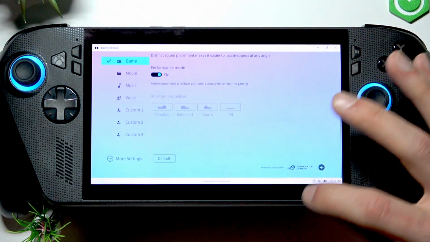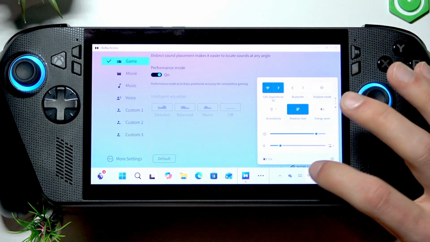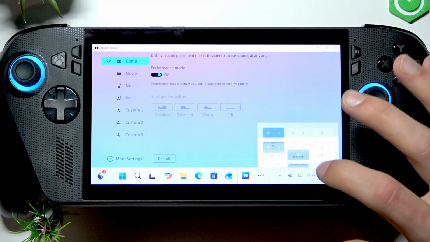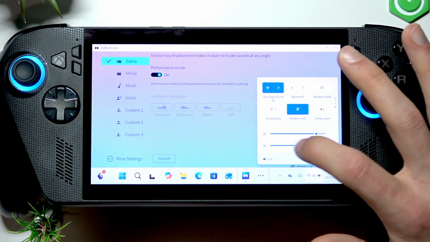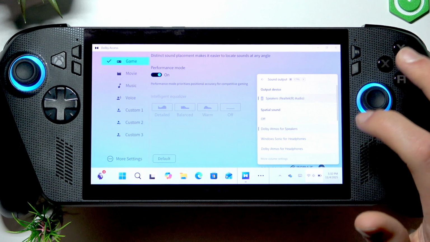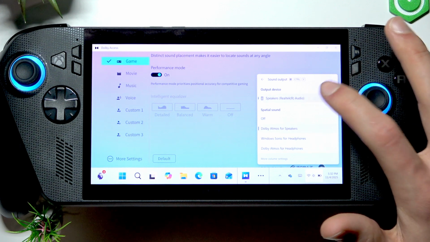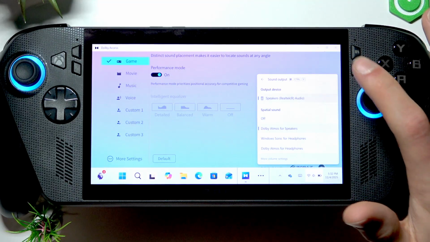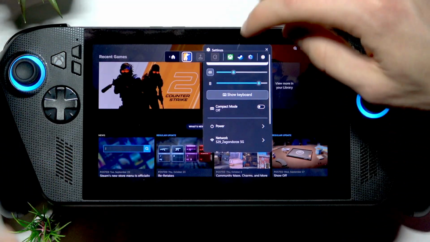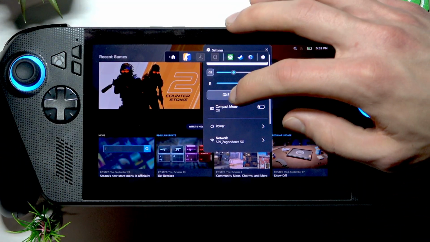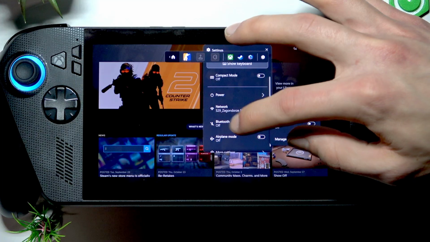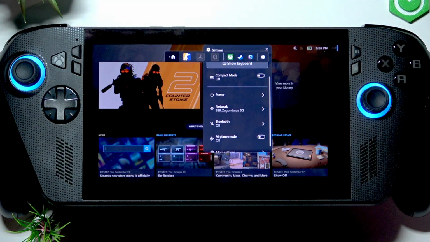and also ensure that the system volume on the taskbar is set to 100%. Also check your sound output device. It should be speakers, Realtek audio, and by the way, tap the Xbox button, go to settings, make sure that the Bluetooth is turned off so that the sound doesn't get rerouted to your Bluetooth device,